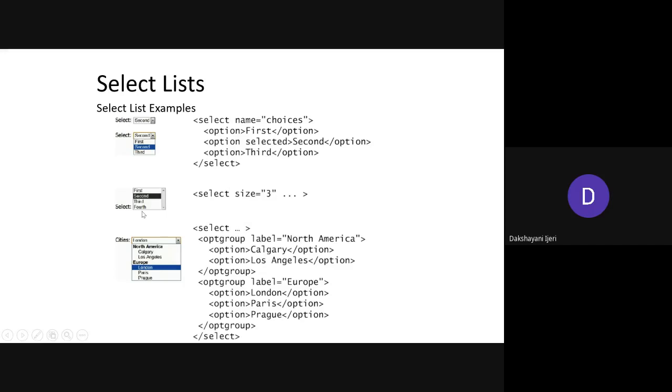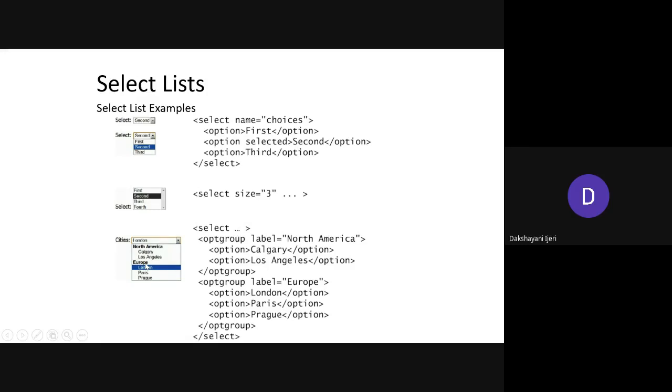Okay, so coming to the next one, how to use the optgroup. In which cases can you go for using the optgroup, right? Before seeing how to use that, first observe this output. What is the difference over here? Once you click on the drop down menu, you can see that of course the cities have been given here, but you want to categorize these cities according to their country, right? You can see here, the heading of each group is not an option to be selected. In this case, North America and Europe cannot be selected by the user.